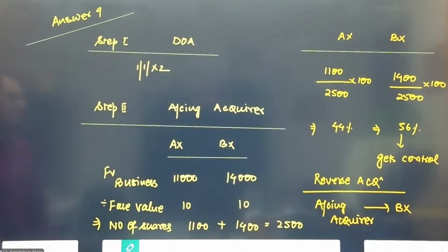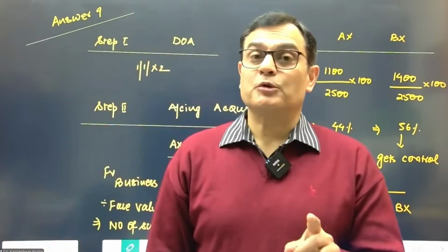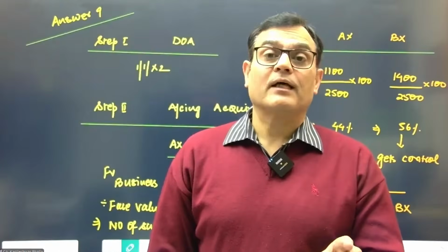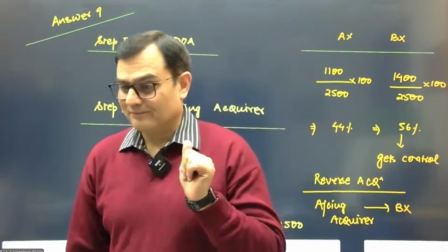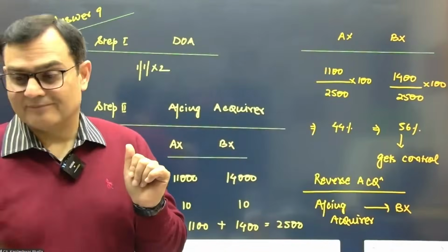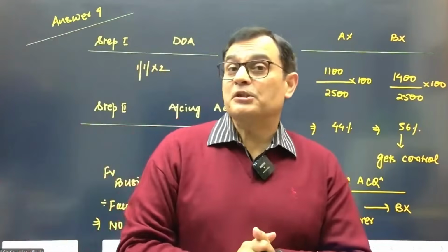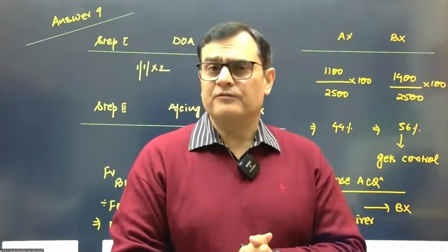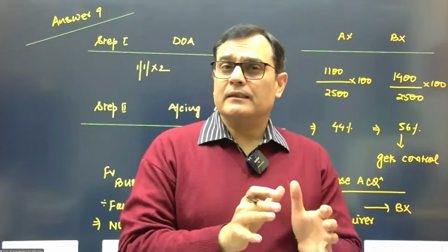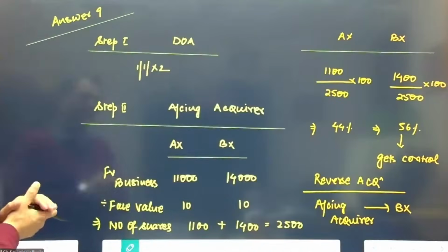Just a little safe question again to put across. Is there a necessity of calculating this percentage, since the question has already given me that BX is the larger entity getting control? Is this important to get? Yes, sir. Yes, that's right, for the reason that when you go to calculate a purchase consideration, we definitely need this percentage to calculate the PC. So even if the question tells you very clearly who is the accounting acquirer, we still need to go through this process. Okay, so that's step number 2.